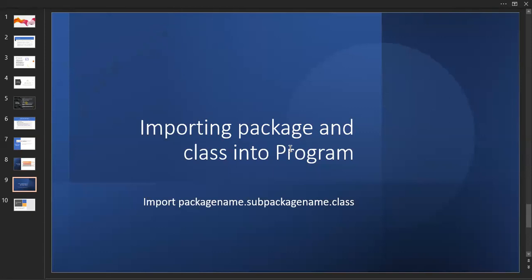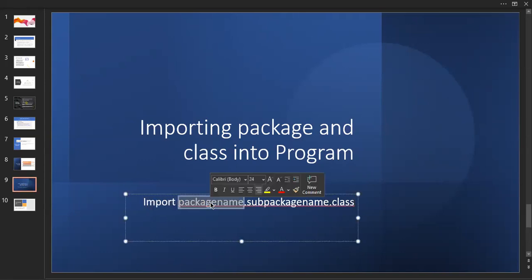Already we did that. So what we did, the example class, which is available inside the CRR folder. So inside that folder, we have the example class. So we are going to import that file inside our program. Right now, I'm going to do that. How are you going to do that? Use import initially, and there is a package name.